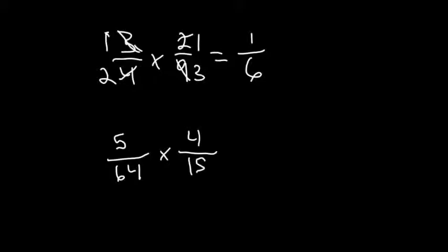Now I don't know about you, but I really don't want to do 64 times 15 if I don't have to. So now I can apply what I just learned with this cross reducing before I multiply. So 5 goes into 5 once, 5 goes into 15 3 times, and then 4 will go into 64. So 4 goes into 4 once, and then 4 goes into 64